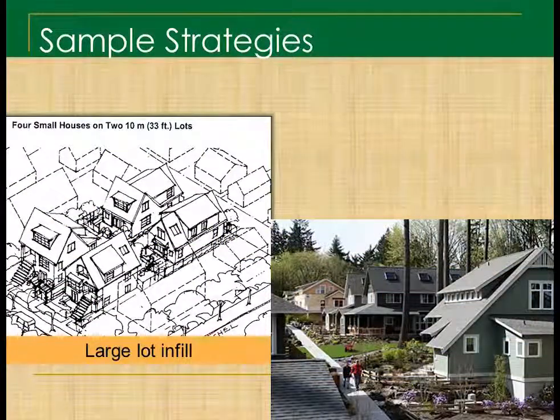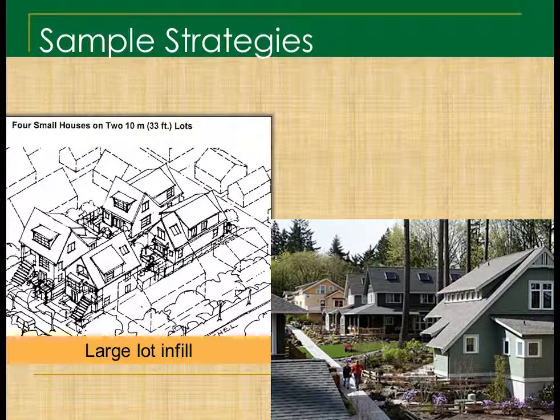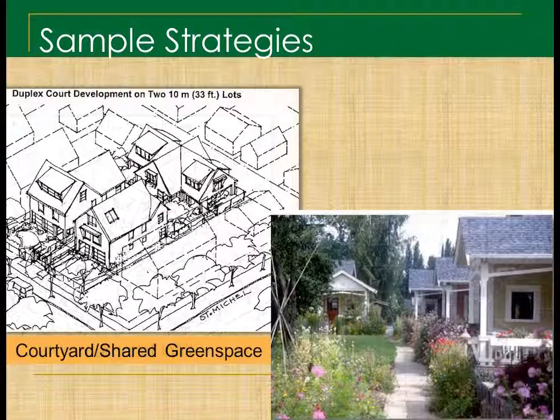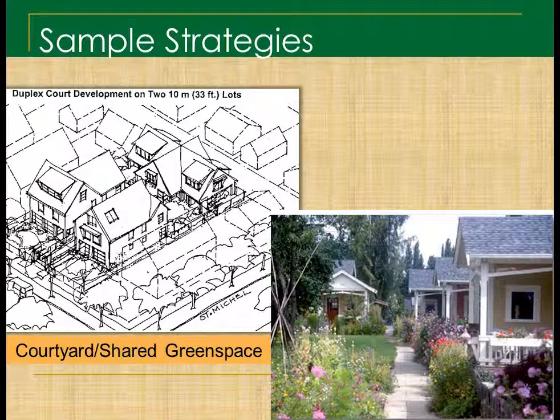So sample strategies. Large lot infill, and this is a great example there, like cottages in the woods kind of thing. So in areas that already exist on the periphery of town, if you can retrofit them with a little bit more density, you might be able to service them with a bus. As soon as you can service them with a bus, you get younger families, maybe lower socioeconomic standing, who start to move out to those places, and it catalyzes the potential for having services out there, right? And that's the slow change in the suburbs that we really want to see. It's called retrofitting suburbia. It's so critical.